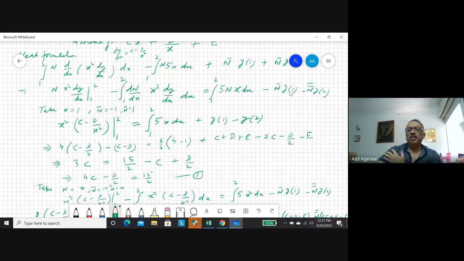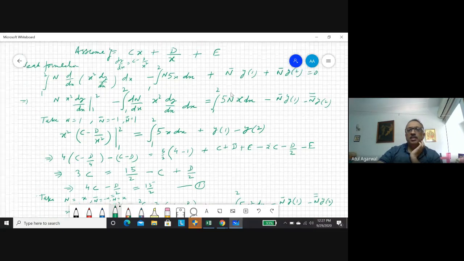You see what is the value of y1? We had chosen some value of y. So what is the value of y at x equal to 1? We put this value c plus d plus e. What is the value of y at x equal to 2? We put 2c plus 2d plus e. So this way we are handling this. We don't put directly 0. Whatever is our choice of y, from that y1 and y2 are coming. Our coefficients c, d, and e should be such that this equation is satisfied.